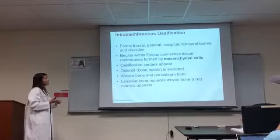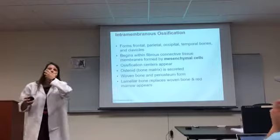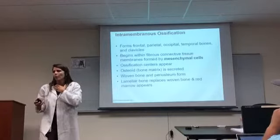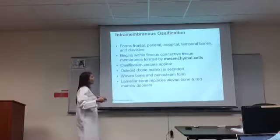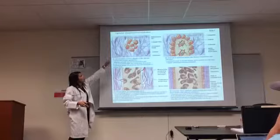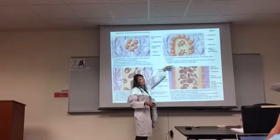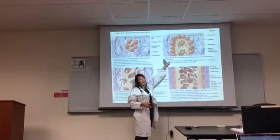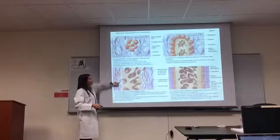Okay, intramembranous ossification. This is all of these cranial bones, facial bones, and your clavicles. They grow in place. They don't have a cartilage form to follow. Okay? They form the bone as they're growing. So you start off with just a couple cells, and then those osteocytes mature. You can see the osteocytes in the center, and then we have more cells growing around it. Then we get a blood vessel,